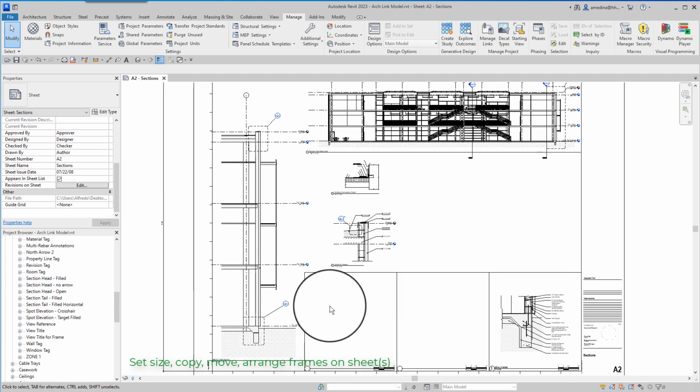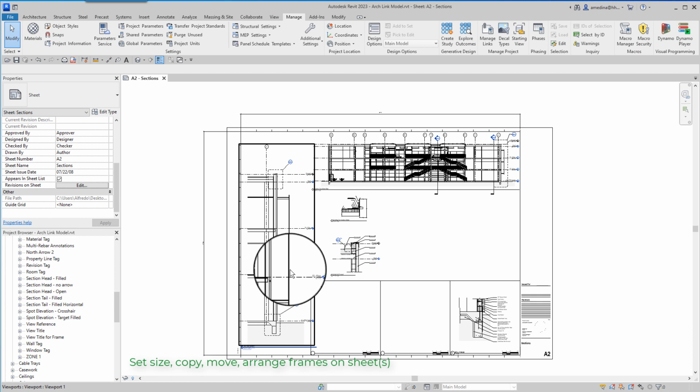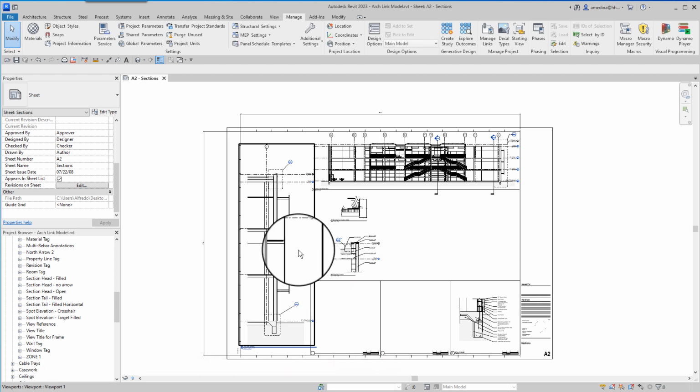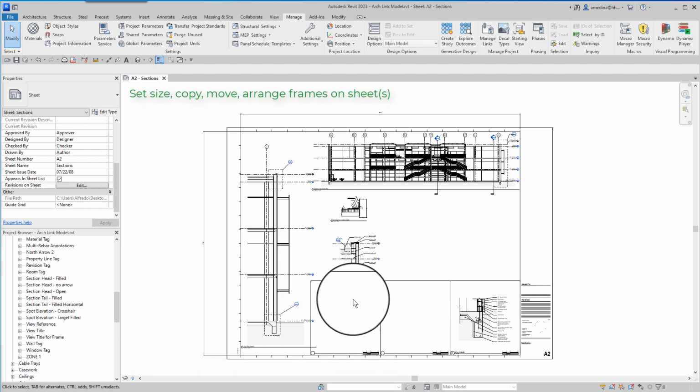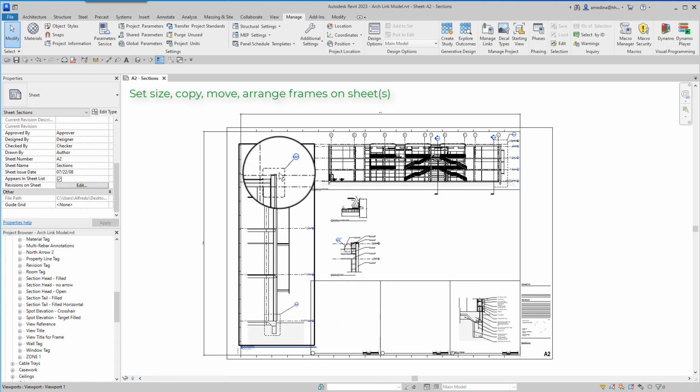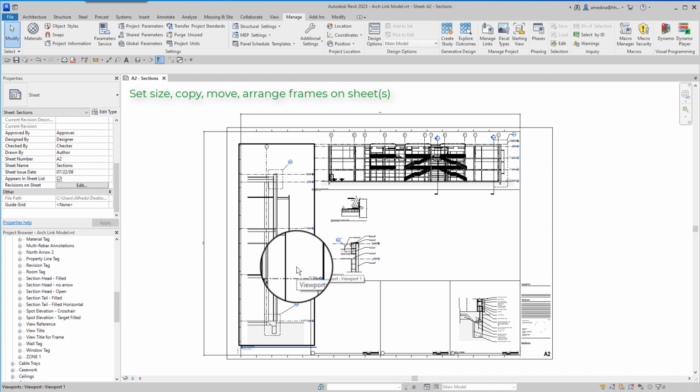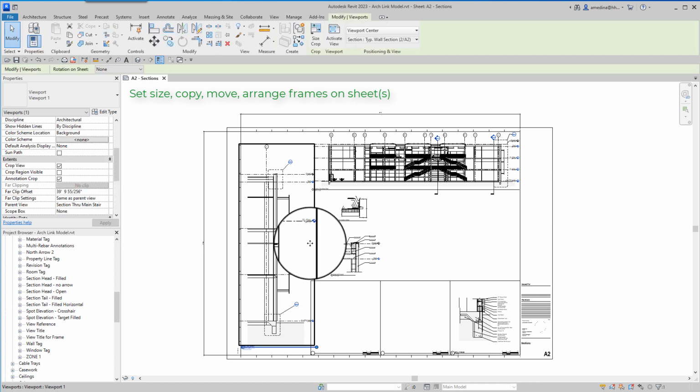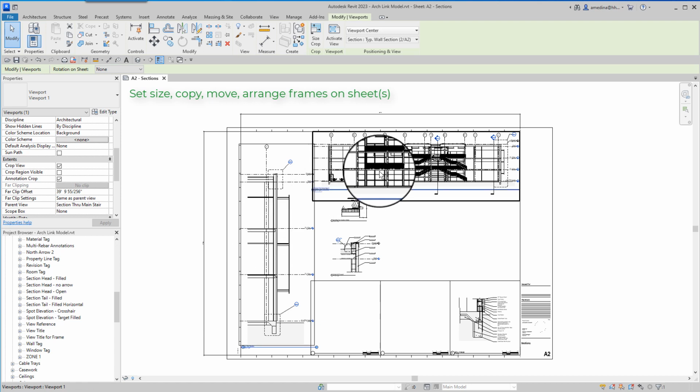For wall sections I usually use 1/3 of the width of the page, and the full height, right? Typically you won't mix details with wall sections and elevations in an actual project.